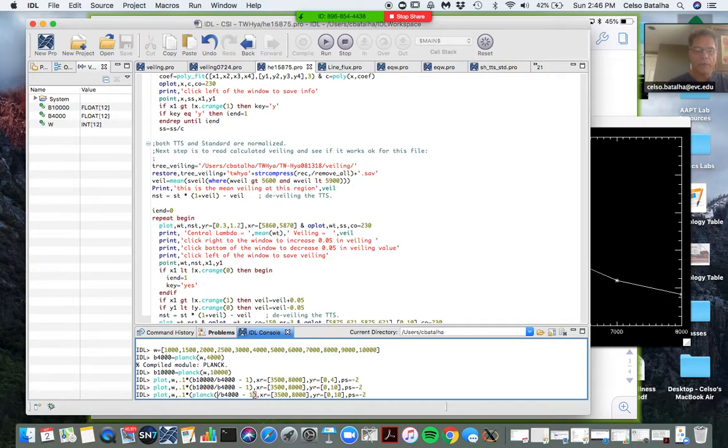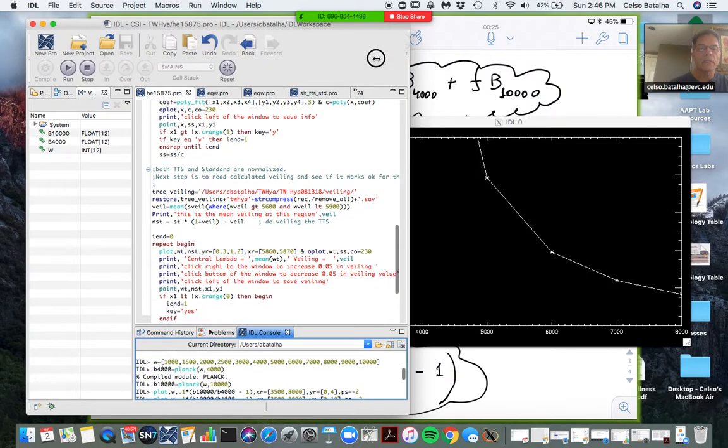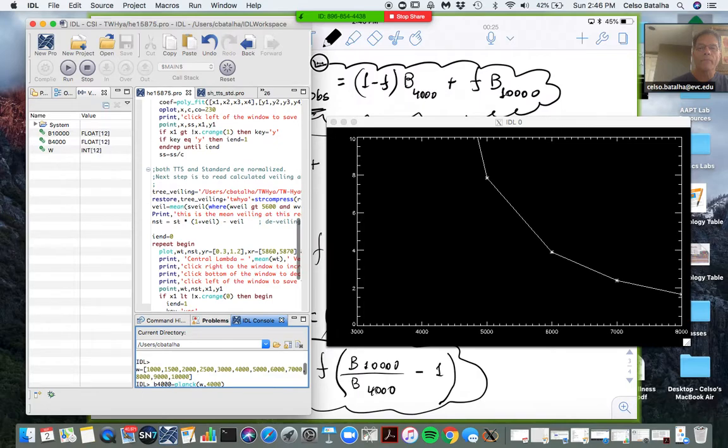Let's change the temperature of this spot and put 8,000, right? 8,000 W divided by Planck 4,000 W. So now I'm putting the function there, and so if the spot has a mild temperature, not 10,000, but is 8,000,